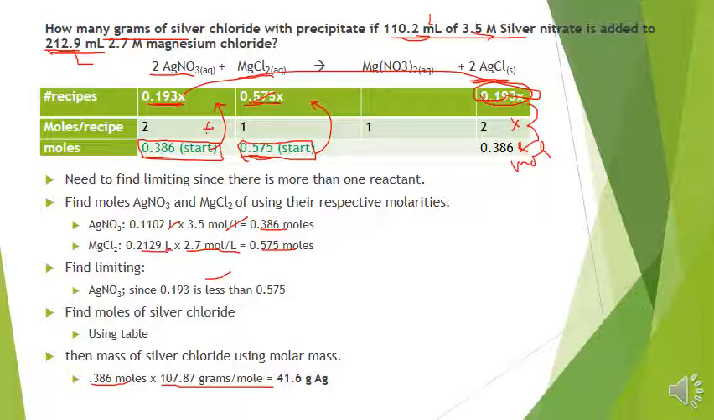Okay, so 107.87 plus 35.45 twice, no, just once, 35.45. Okay, so silver's 107.87. Chlorine is 35.45. Add them together. So it's 140. So really this should be